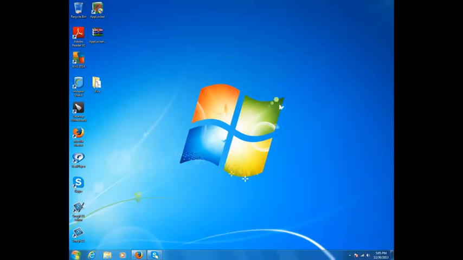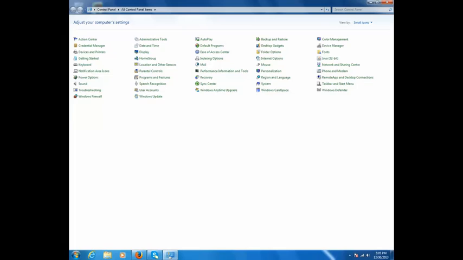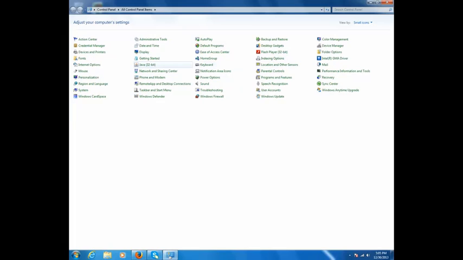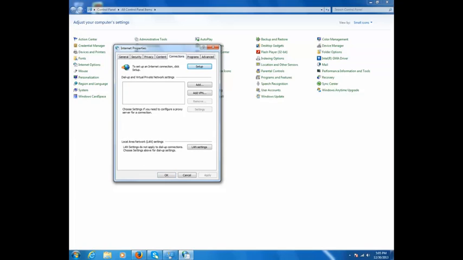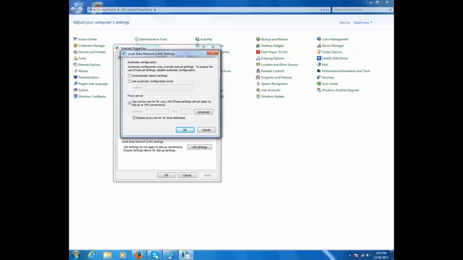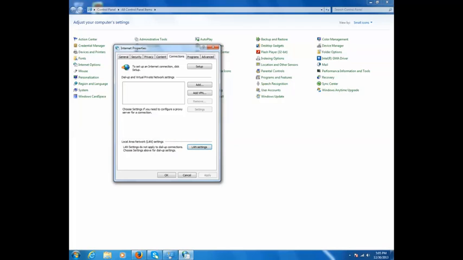For that I will go to settings, then control panel, then internet options. Let me check where the internet option is here. Okay, it's here. I'll go to the connections tab, then click on local area network settings. Now in this box I can see there is a title called proxy server, and under it is written, use a proxy server for your LAN, and bypass proxy server for local addresses. So I need to remove the tick mark from this checkbox,